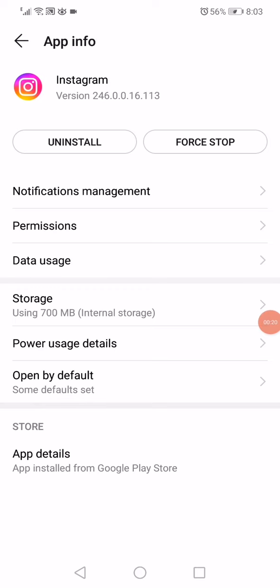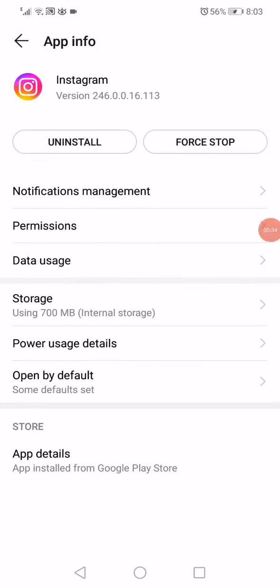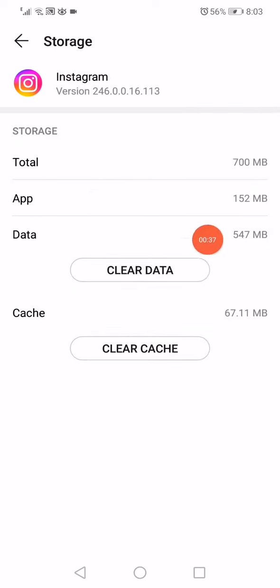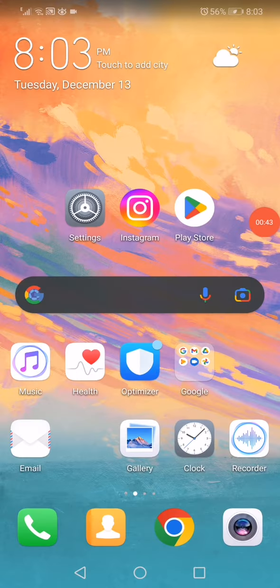Now this is the app information page. All you have to do on this page is very easy. Click on force stop here at the top, and after you click on it, now all you have to do is just go down to the permissions, make sure that all the permissions are enabled, and then go back, click on storage, clear data and clear cache, go back, now click again on force stop, and the problem must